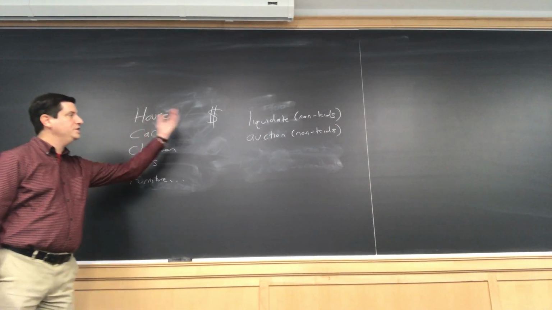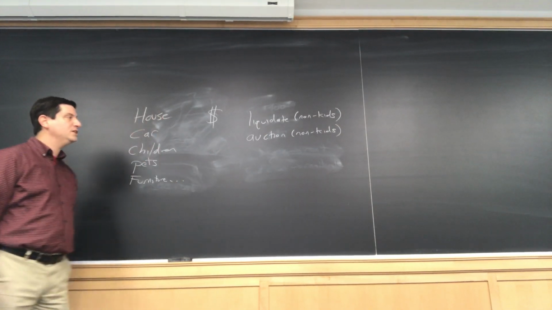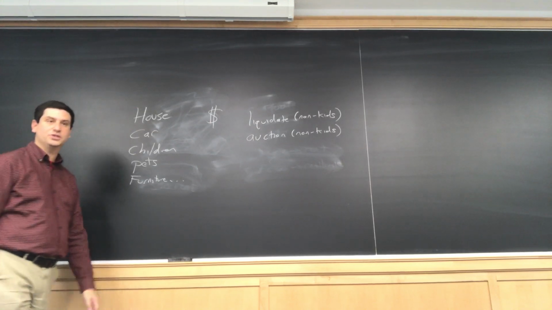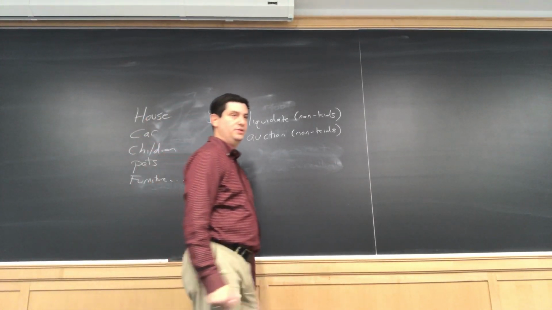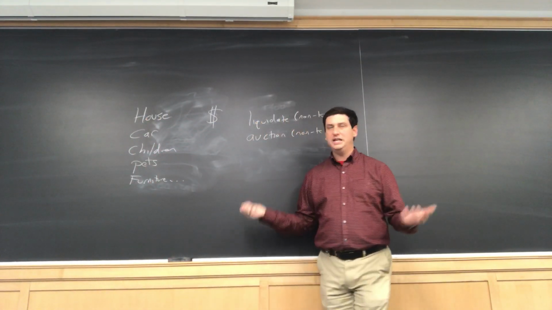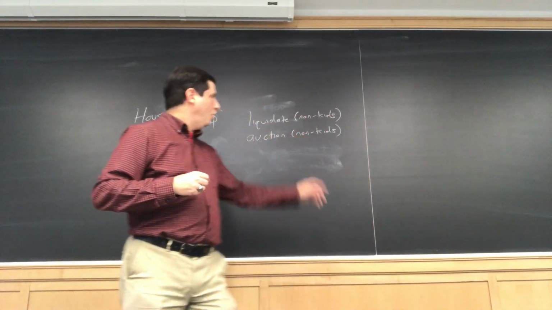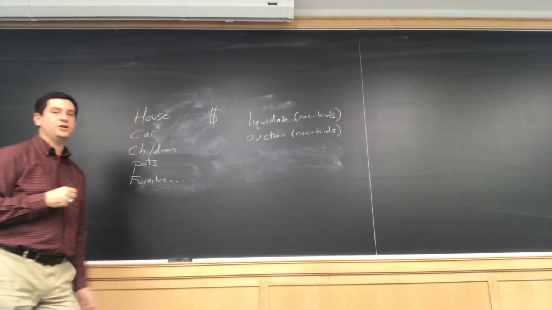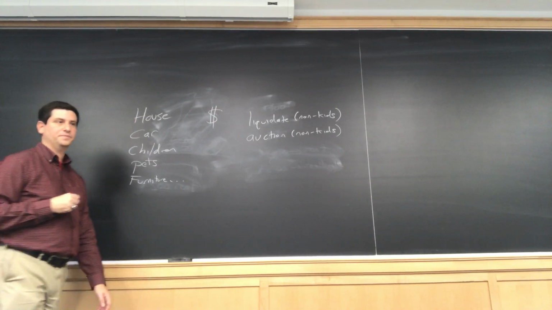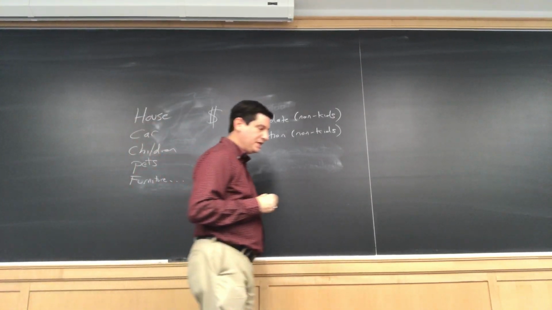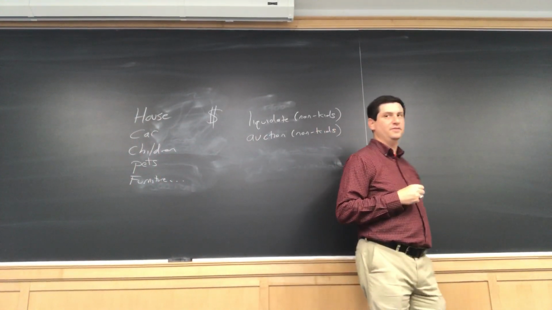So if we are going into a situation like this, if we have to liquidate the house or auction off the house, we may not get the full value. And so this could cause a decrease in assets to be distributed. So we can liquidate and we can auction. These are both possibilities. But it would be nice if there was something else that we could do.